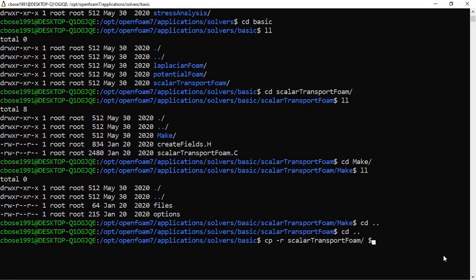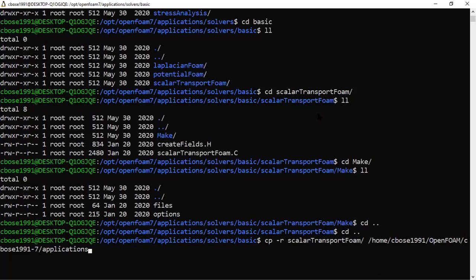The destination would be my user foam directory: $HOME, then OpenFOAM, then I have a folder called CBOS-1991-7, then applications. So this is the path where I want to copy. Is that clear?